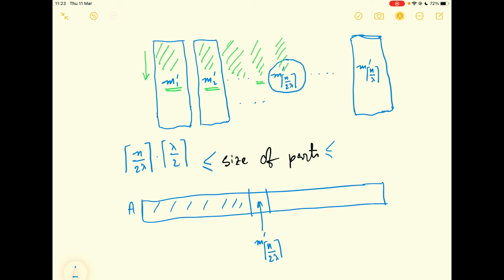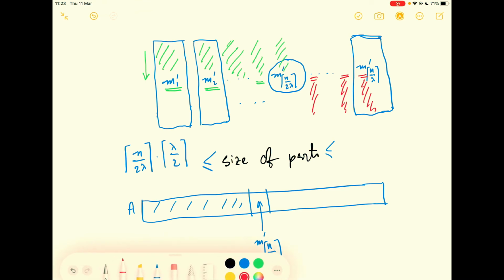No. Again, by the exact same argument, all the medians which appear after m prime n by 2 lambda, and all the elements below those medians are larger than the pivot, and they must appear on the right. So they can't appear in the left, so the maximum size could be n minus n by 2 lambda